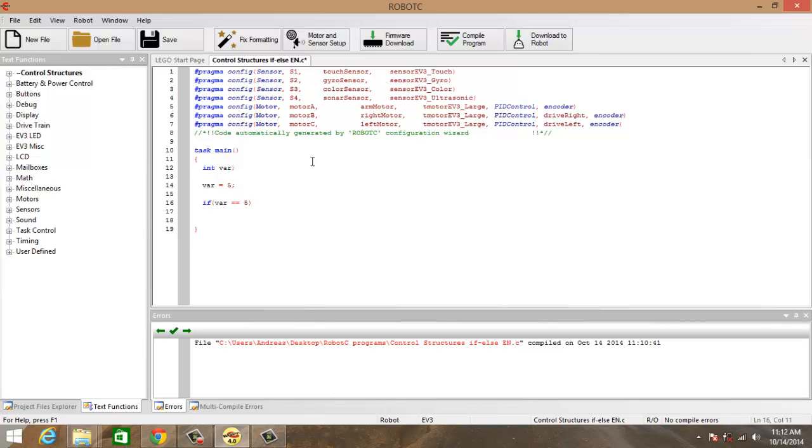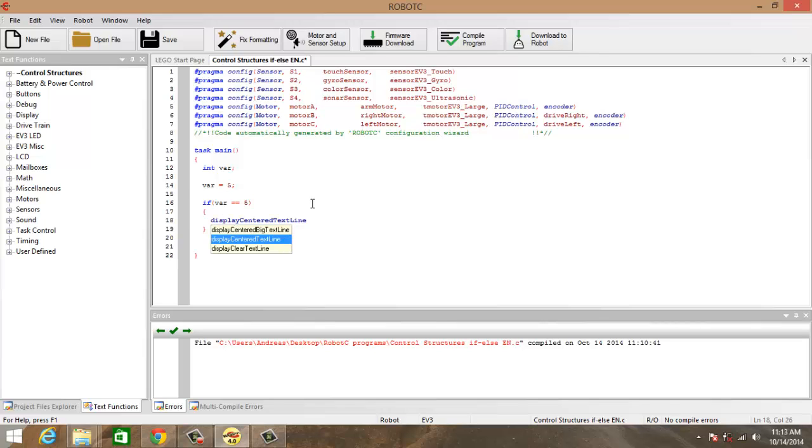It is not an assignment operator. 1 equal is an assignment operator. 2 equals is a check. So if variable is equal to 5, we would display